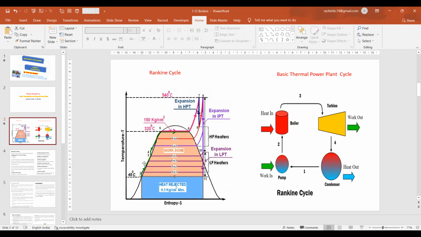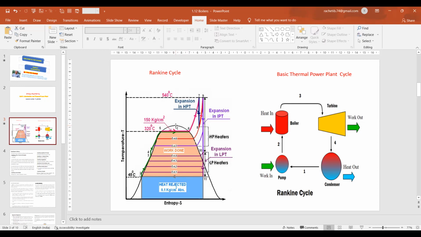As you go on increasing the pressure in the upward direction, as you have studied already, the lesser the latent heat required. At a certain point, the critical point, around 220 to 221 bar and around 374 degrees Celsius, the liquid directly flashes into steam without latent heat. That is a new technique coming in